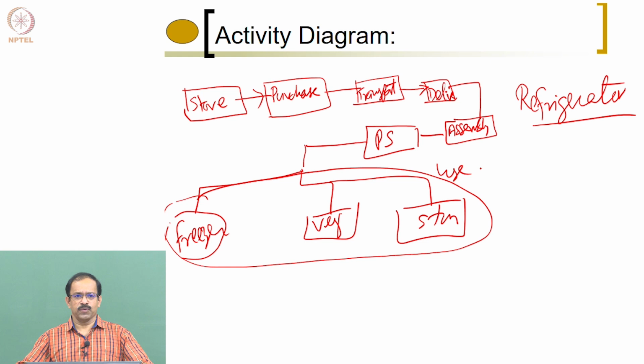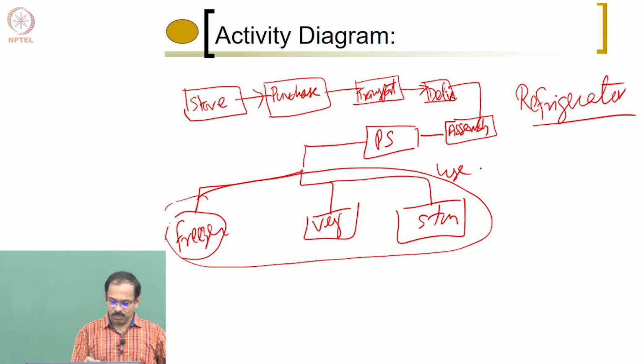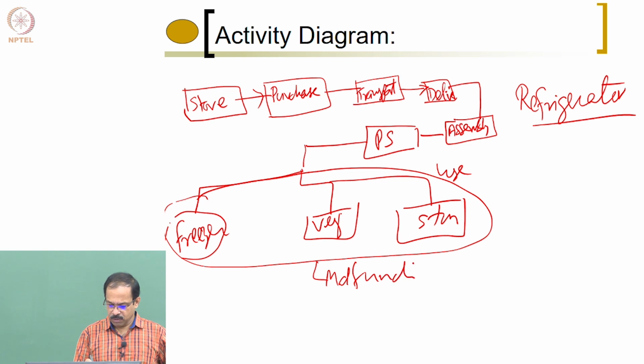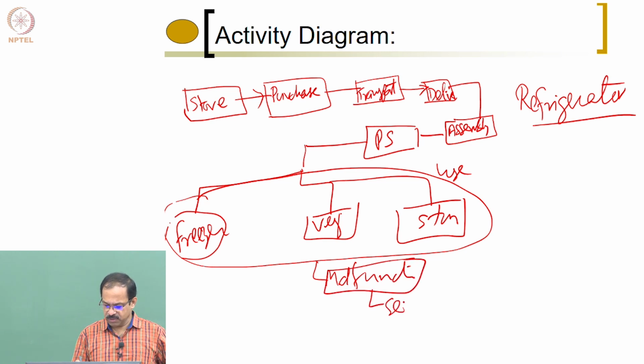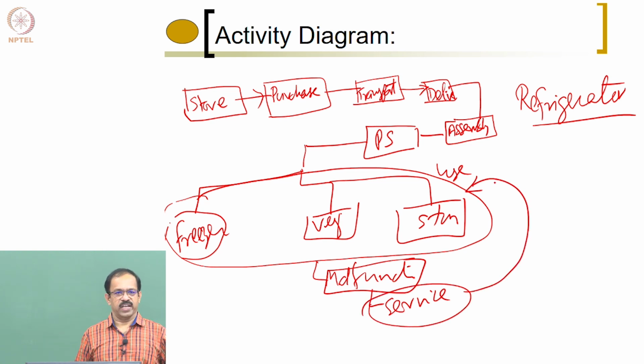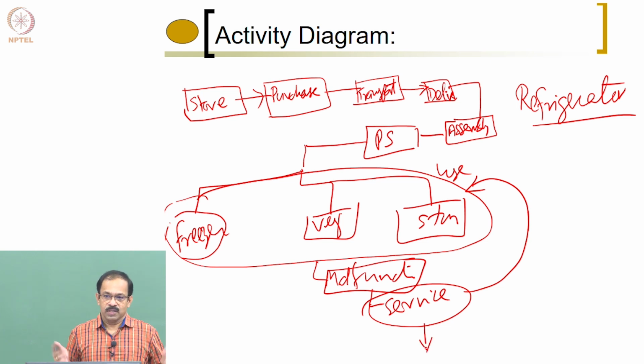Now, is that the end of the story? No. What are the other things involved? Maintenance. Yeah. So sometimes it goes bad, right? So malfunction may happen. Then there is a service, and again after service it will go to the use again. So it will start using again after the service. Now again it goes malfunctioning. What will happen? They will say it cannot be repaired. So what will you do? You have to dispose it.